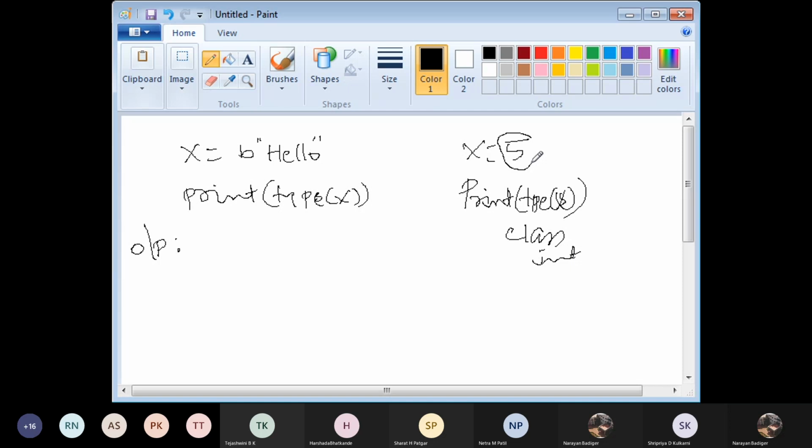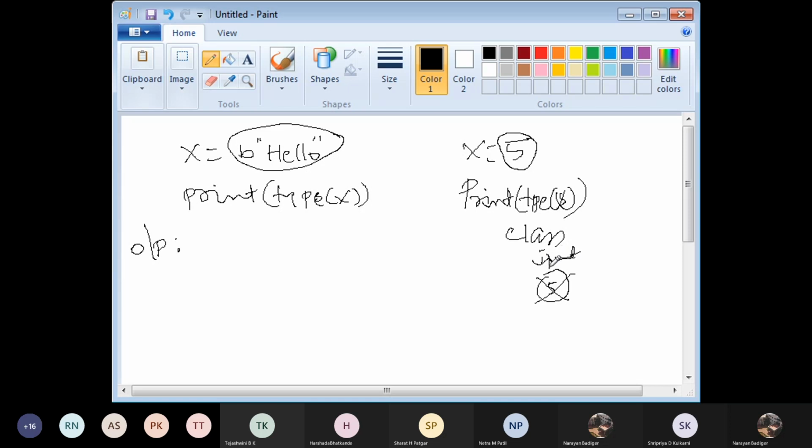Here 5 was the value. Similarly, this is the value here. Am I printing the value? Did you tell me the output here as 5? No, right? What you told me is what type of data the 5 is. It is an integer.